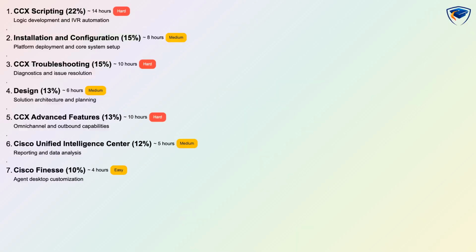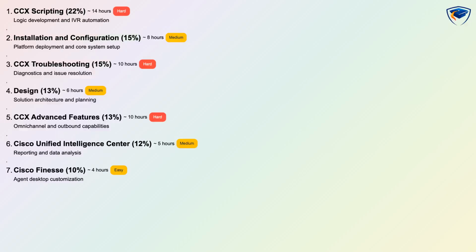The exam is divided into 7 domains with exact weightings as follows: CCX Scripting 22%, Installation and Configuration 15%, CCX Troubleshooting 15%, Design 13%, CCX Advanced Features 13%, Cisco Unified Intelligence Center 12%, and Cisco Finesse 10%. Expect a mix of hands-on and conceptual assessments across easier and harder topics and plan study time according to the